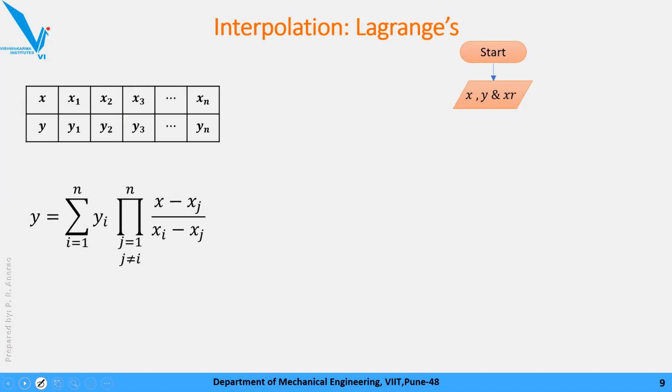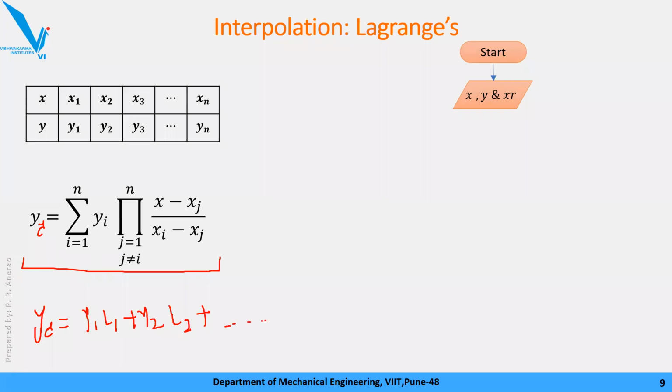In curve fitting, only x and y are required, बट इन इंटरपोलेशन x, y एंड xr, जिसके लिए हम yr कैलकुलेट करने वाले, ठीक है। तो ये आपका इनपुट हो गया। नाउ दिस इज द इक्वेशन using which we calculate yr और y वैल्यू, ओके। इसका और एक सिंपल इक्वेशन है: yr इक्वल टू y1 l1 प्लस y2 l2 सो ऑन अप टू yn ln। ये सिंपल इक्वेशन है। सो दोनों में से कोई भी इक्वेशन यू कैन यूज टू राइट अ प्रोग्राम।